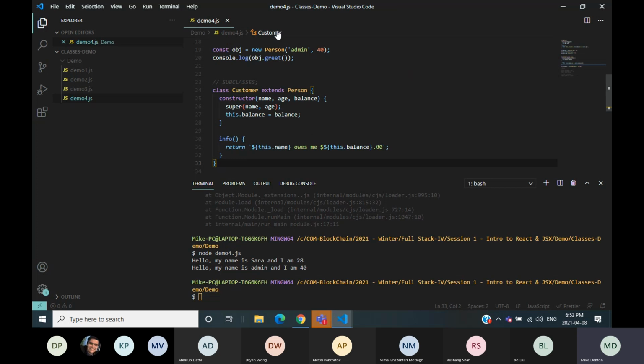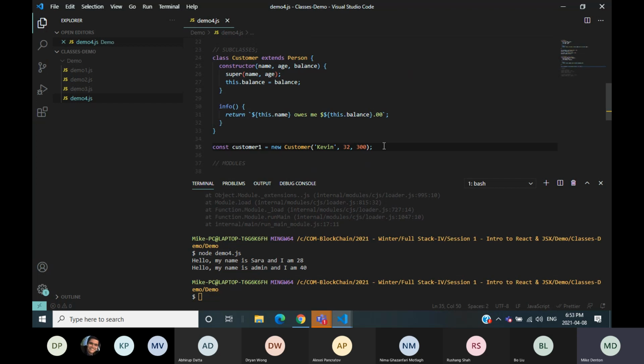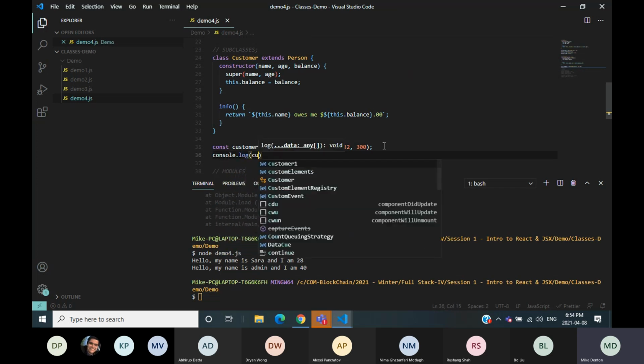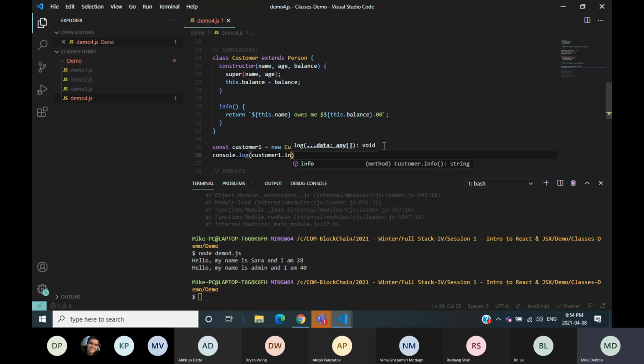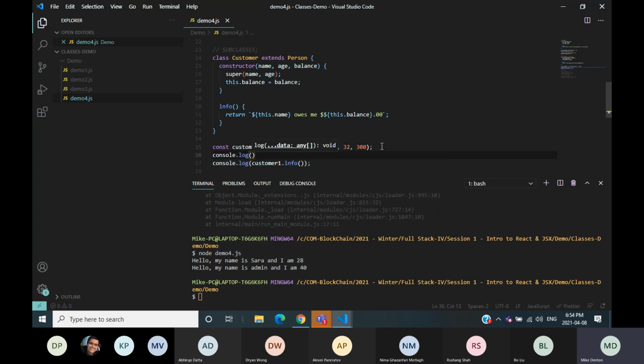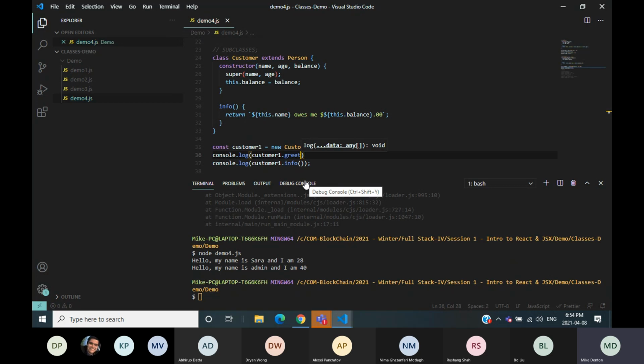If you notice, those were these person objects here, but now we have this customer. We want to invoke console log, and we want to invoke customer dot, and his method is info. So we have that guy. If you noticed as well, console log, I won't assign these anything. Customer also has access to age, balance, name. So he has access to its parent superclass properties. It also has available to it the greet method. If I wanted to call the greet method, it comes along for the ride, which is very useful